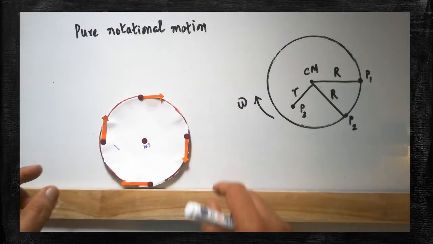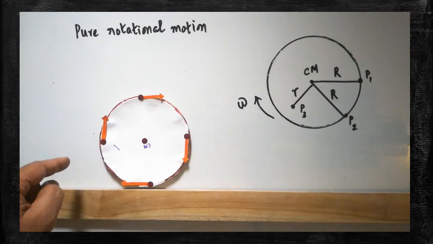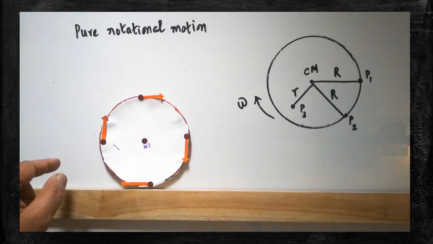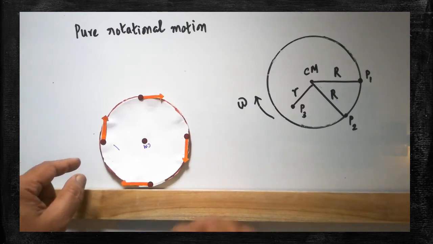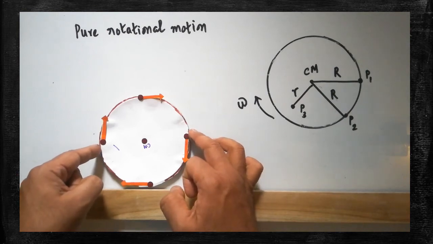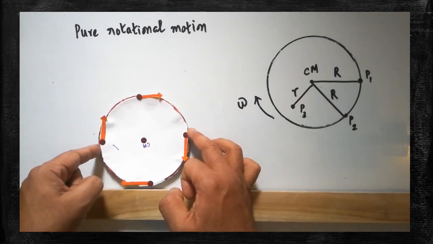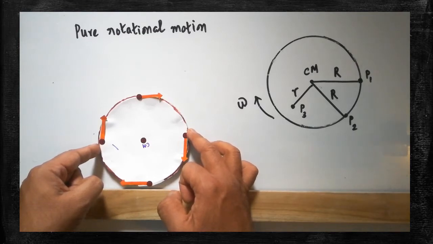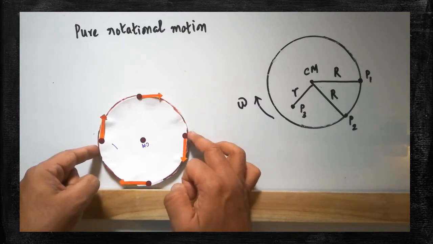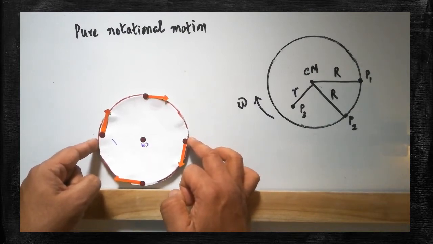Now we are going to learn about the meaning of pure rotational motion. Already we have learnt about the meaning of pure translational motion. Here I am going to explain the meaning of pure rotational motion. Let us imagine a rotating body. It is a rolling body, but it is not going to move in a straight line. It is not going to undergo any translational motion. With respect to its center of mass, the rolling body is going to rotate.